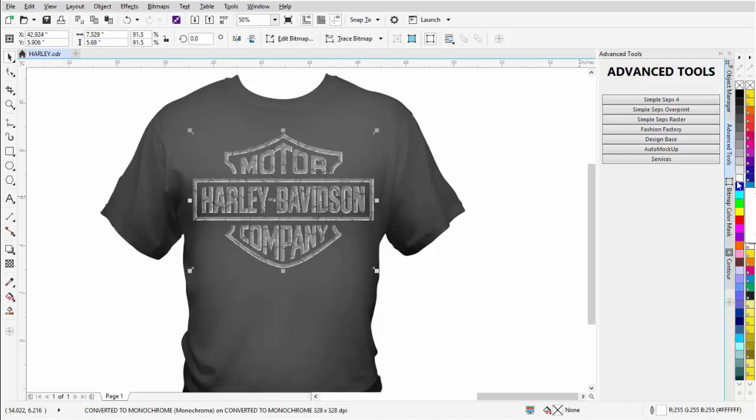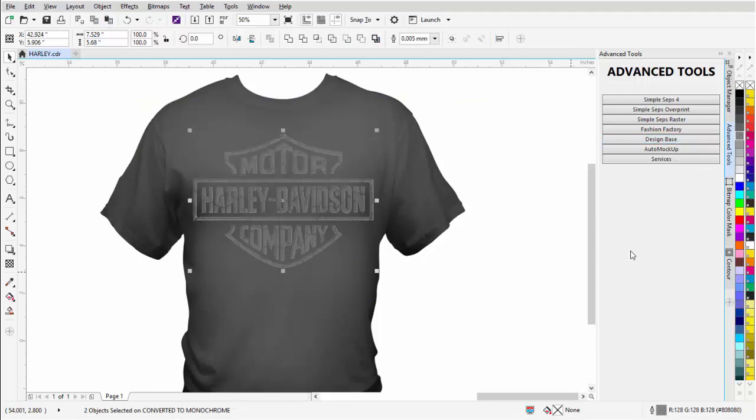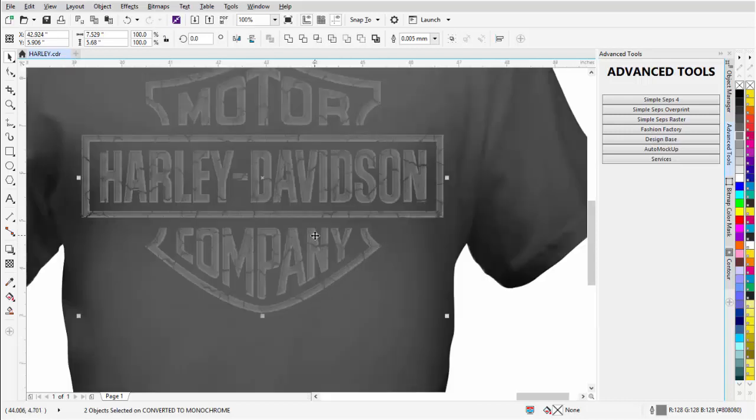white. Now if we wanted the white to be stronger, we can simply copy and paste that graphic back in and make it stronger. And we can select both of these, come back and change our color to gray, and you can see that we get a much stronger look just by copying and pasting two of them on top of each other. So quick tutorial, very easy, cracked kind of stone effect set up in CorelDRAW working with the